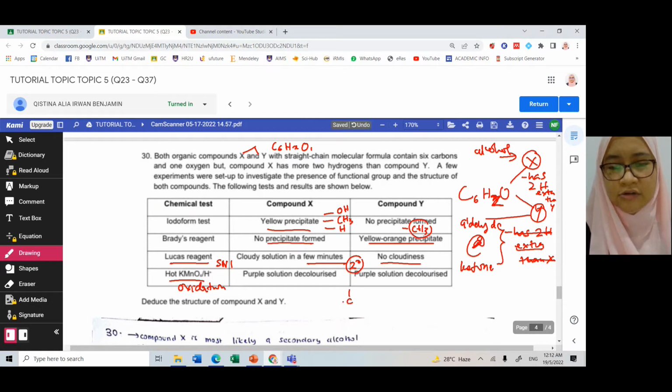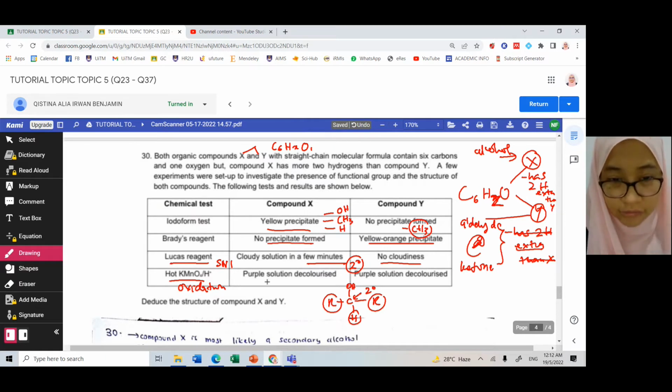Let's say this is R, this is OH, this is R, and then we have one oxidizable hydrogen. So this carbon is a secondary alcohol, right? R needs to be determined. So it consists of oxidizable hydrogen, therefore it can be oxidized and it decolorizes the purple solution of